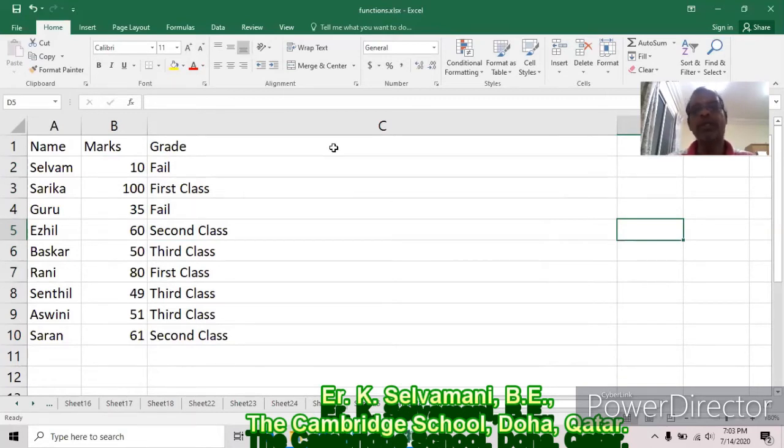So that is why we can go for VLOOKUP. You should not change the function. Only the input value should be changed, and according to the input values, the function should give the result. That is what we are going to study now with the help of VLOOKUP.